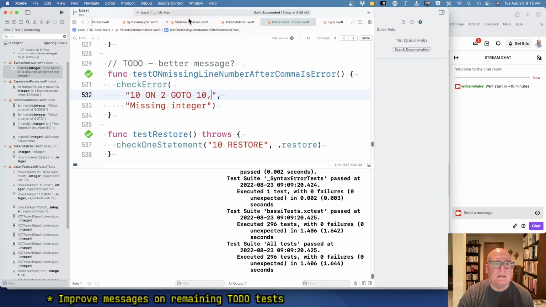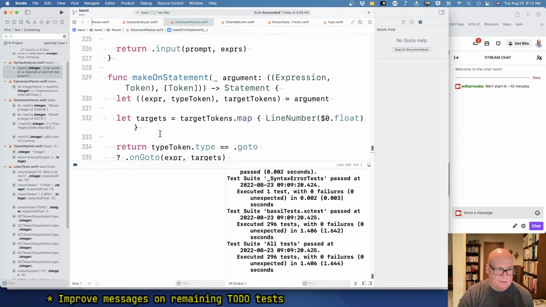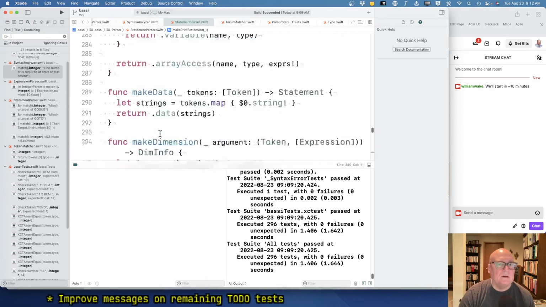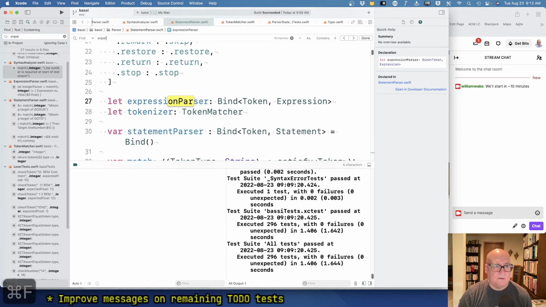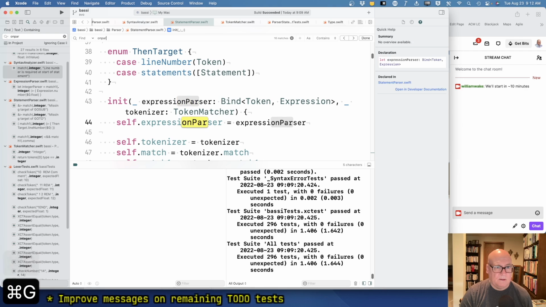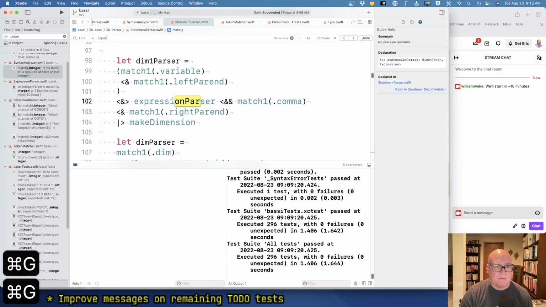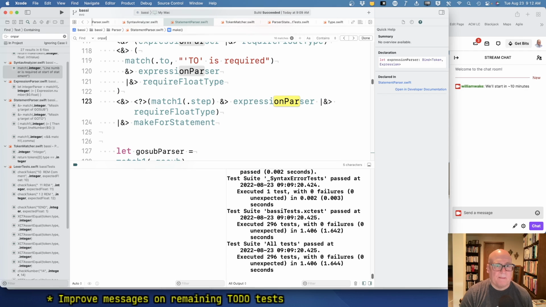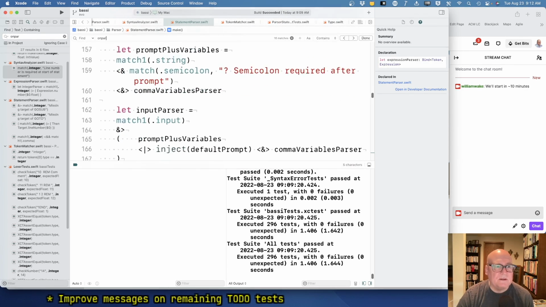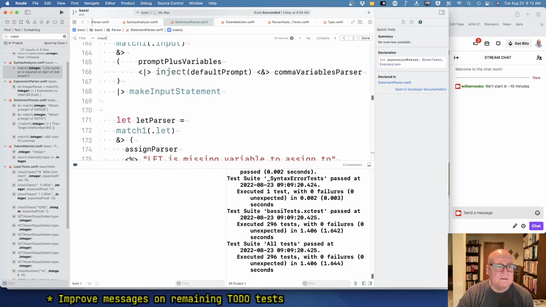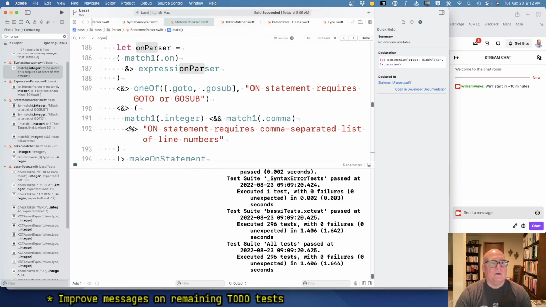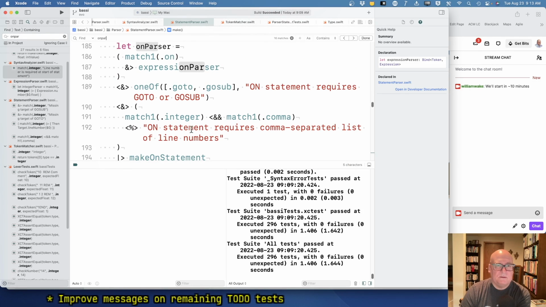And this is the on go to statement. Let's take a look. On statement. Let's find its parser. On parse. A lot of expression parsers. Well, they're kind of alphabetical, aren't they? If input next on. Okay. Match one on. One of go to. Match one integer. Oh, yeah, I guess it would be nice to have this. I mean, that's a little bit overwrought, but